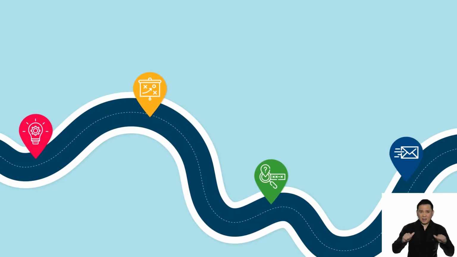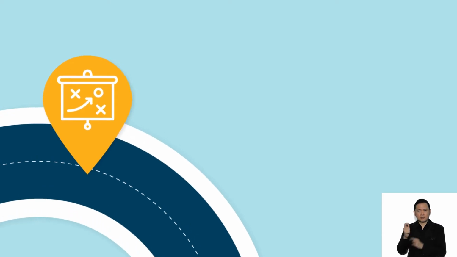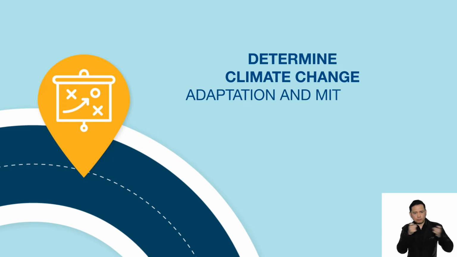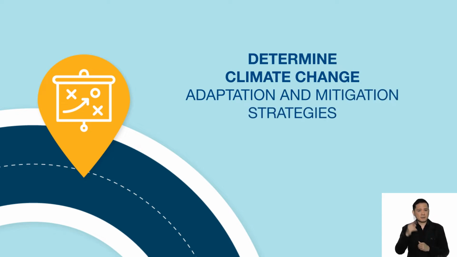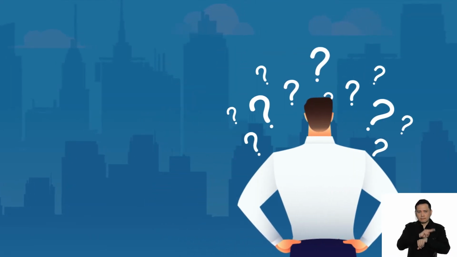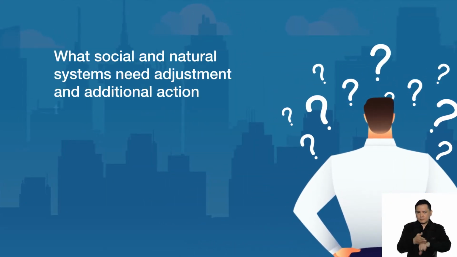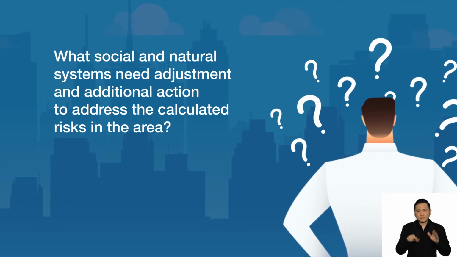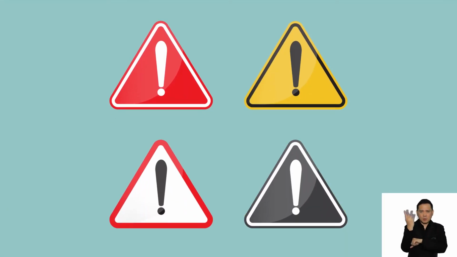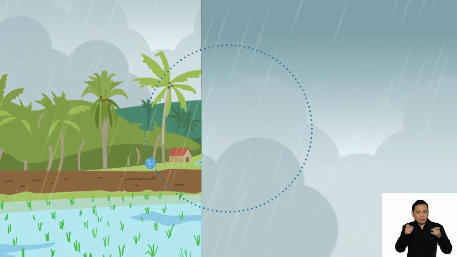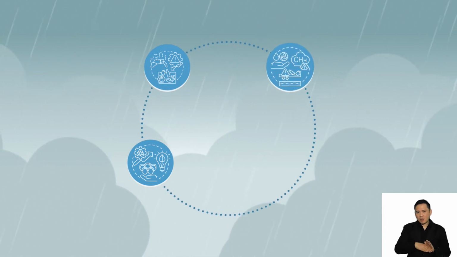Second, if there's anything that's key in the local CCET, it is determining the strategies for climate change adaptation and mitigation. When thinking about adaptation, you must ask this question: what social and natural systems need adjustment and additional action to address the calculated risks of the area? For example, installation of early warning systems, building flood defenses, building climate change resistant crops, and redesigning systems and policies